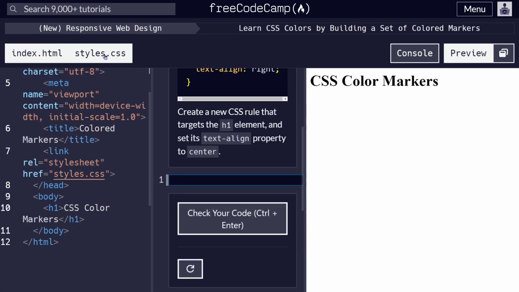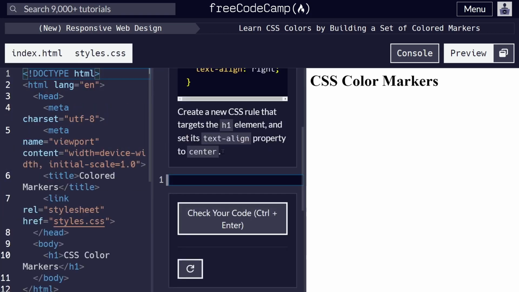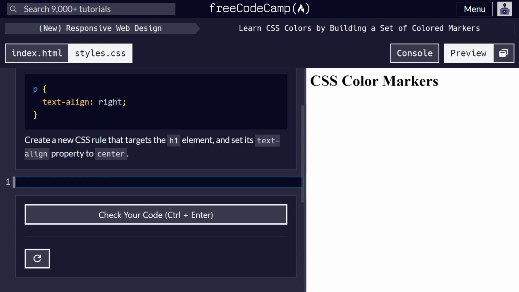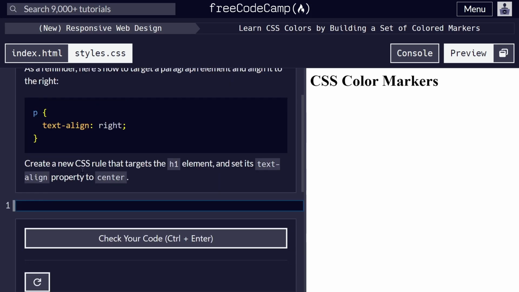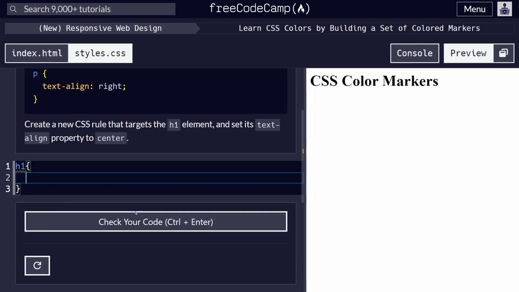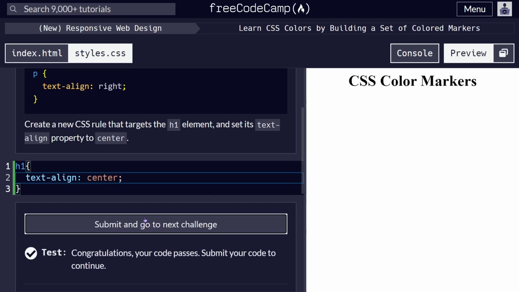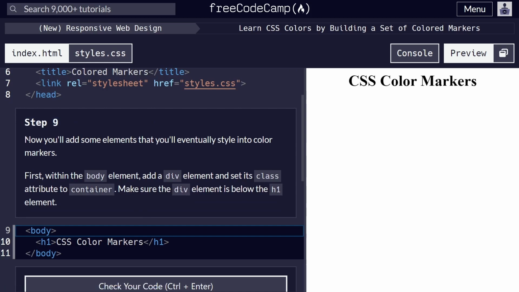P element，P 就是 paragraph，text-align right，这个之前学过。然后现在到 CSS 了，HTML 的部分告一个小小段落。Create a new CSS rule that targets the H1 element and set its text-align property to center. OK，CSS，H1 来吧，element targets，boom，然后给它一个 property，就是 text-align，冒号空格 center，分号。